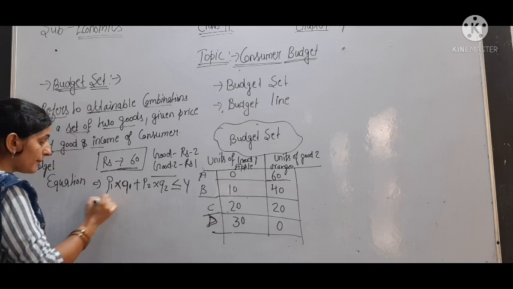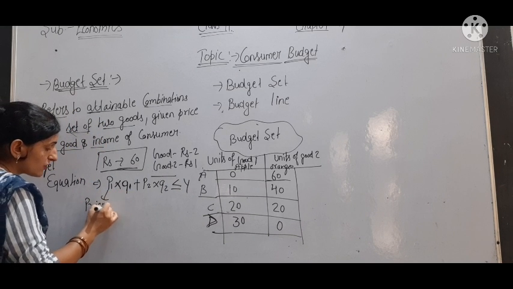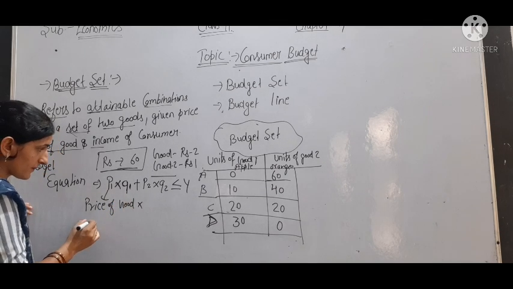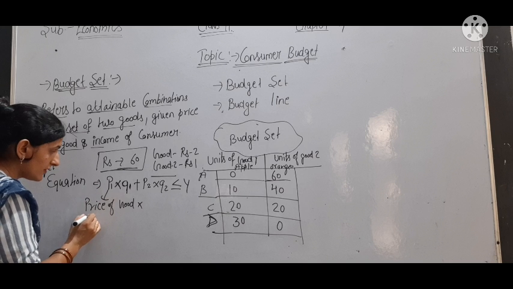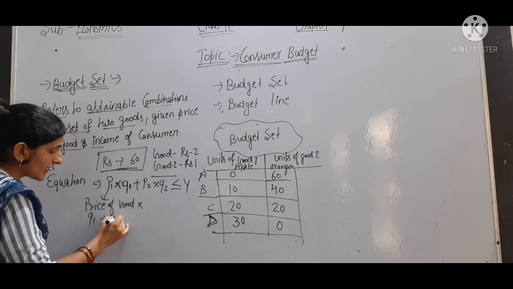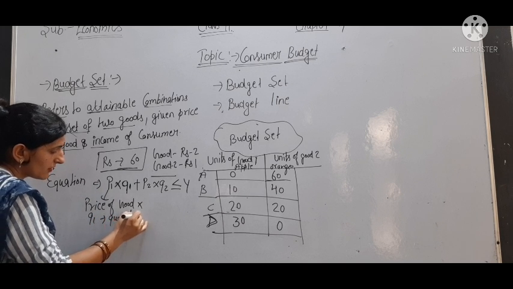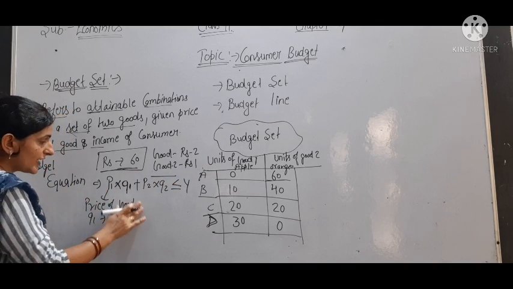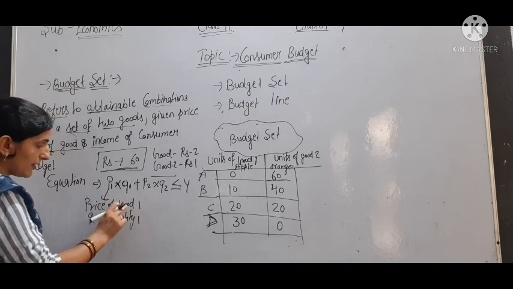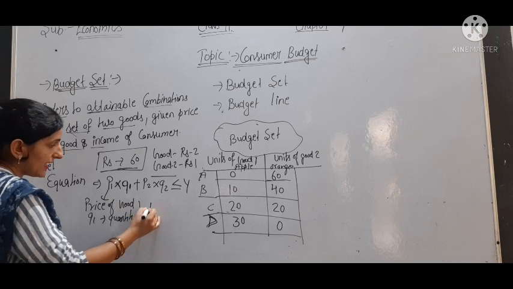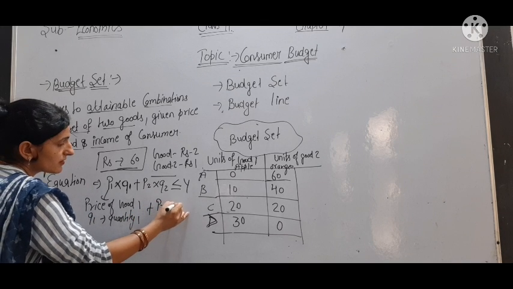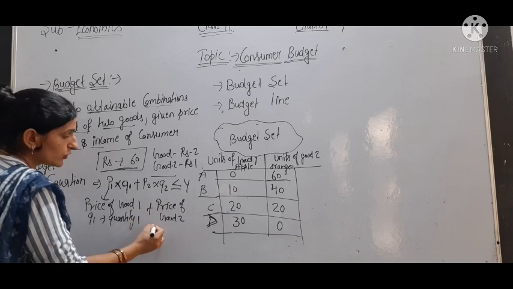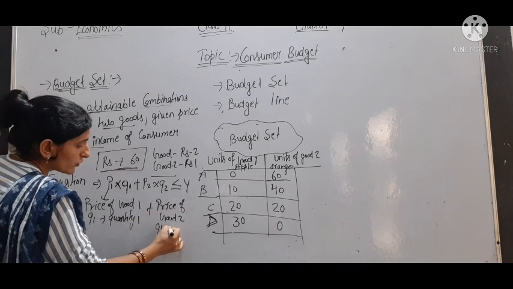Okay, so P1 means price of good X, and Q1 means quantity of good 1, we can say. We can give names and we can write good 1 or 2. So quantity of good 1 and price of good 1 plus P2 means price of good 2 and Q2 means quantity of good 2,